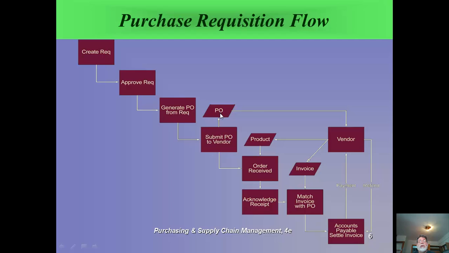There's signatures and other stuff like that. And the purchase order goes to vendor. But look at this, when the product comes in, we start matching parts of the purchase order so that we know that the order's been received. We acknowledge receipt. We match the invoice with the PO. Of course, there's an invoice, match invoice, and accounts payable, settle invoice.